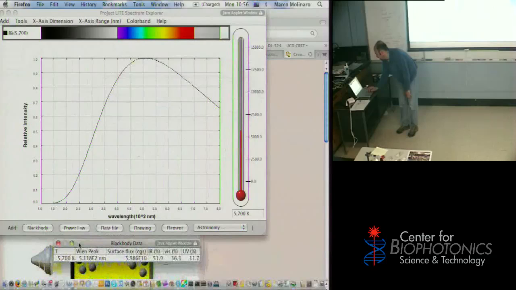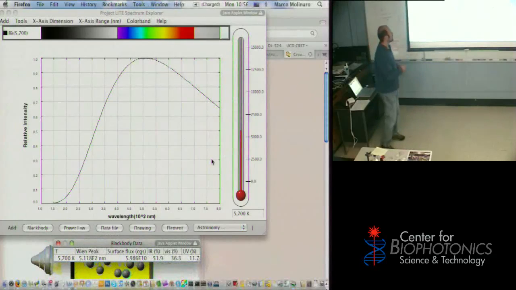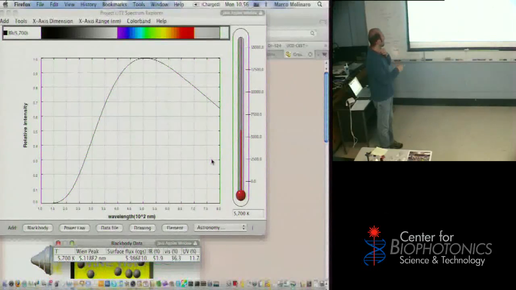And what it'll do is it'll show me the range of wavelengths, something that is of this temperature, or I can change the temperature, the range of wavelengths it produces. This shows me, this is infrared, this is our spectrum, and this is ultraviolet going off into X-rays. Okay? And here's the wavelength. 1 times 10 to the 2 nanometers. This is 100 nanometers. This is 800 nanometers. Okay? So,